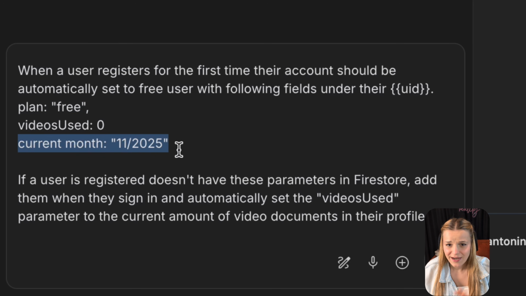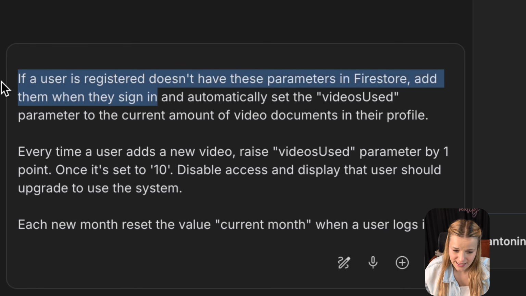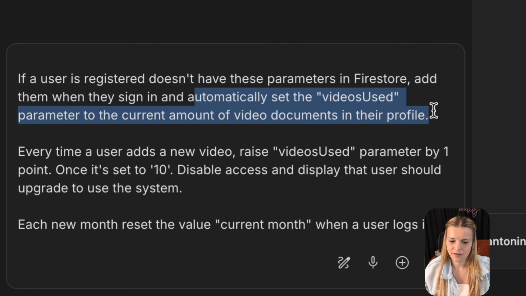Now, for the users that I have registered before implementing this payment system, I'm going to say if a user is registered and doesn't have these parameters in Firestore, add them there when they sign in. Automatically set the videos used parameter to the current amount of video documents in their profile. So for example, if I registered before implementing the system and added 4 videos, this parameter should be set to